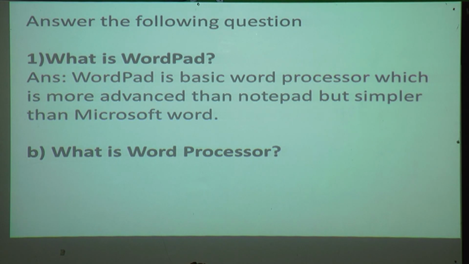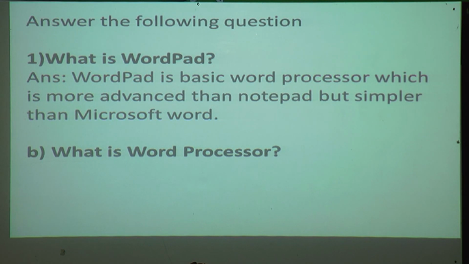Read everyone. WordPad is basic word processor which is more advanced than Notepad but simpler than Microsoft Word.